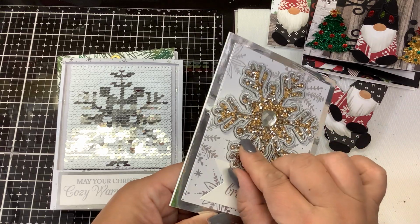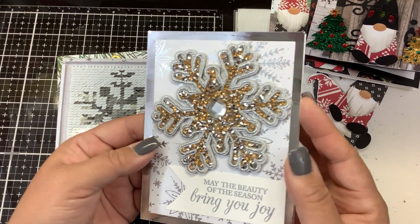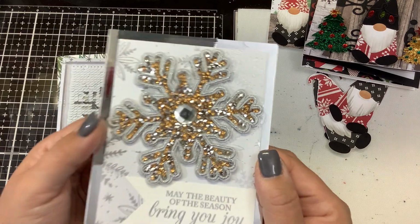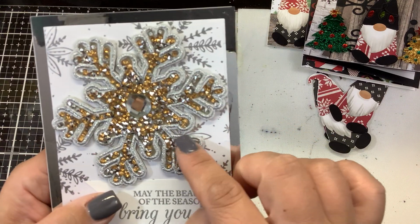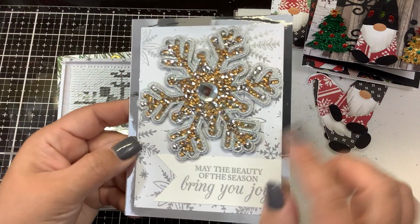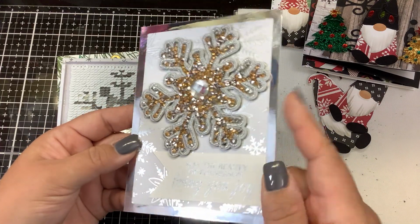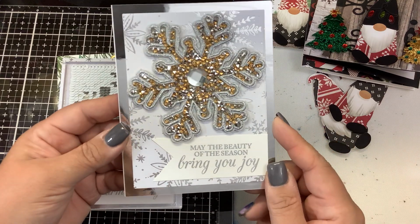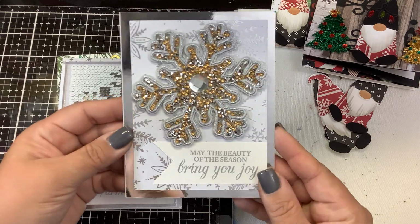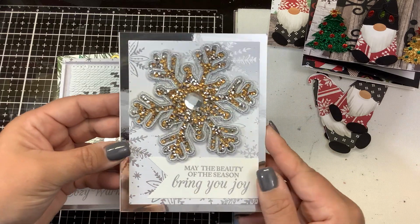This is a very large snowflake sticker, and it's very hefty. It's very heavy. It's got all these tiny little beads glued in there, but I couldn't resist. It's so pretty. So it's like embroidered on the outside. These beads are all glued in, but it's got some weight to it. So all I did was I put it on some Stampin' Up paper. So that's foil print snowflake paper there, some mirror card in the background, and then stamped, "May the beauty of the season bring you joy." But that's a really simple card, but because it's so weighty and so heavy with all the foiling, it really